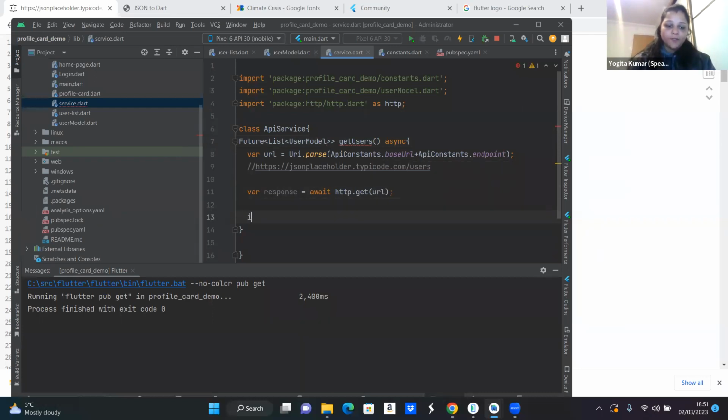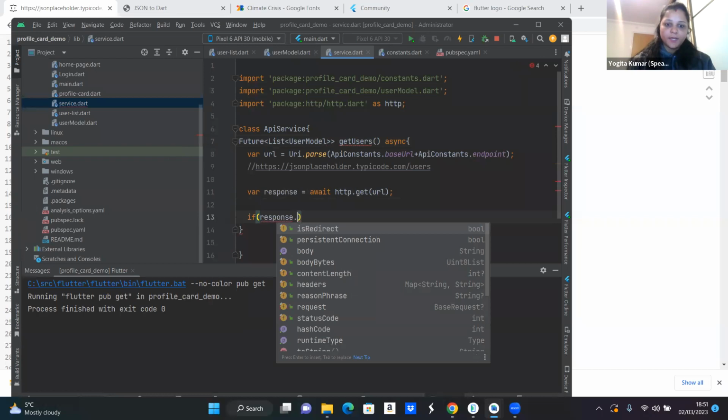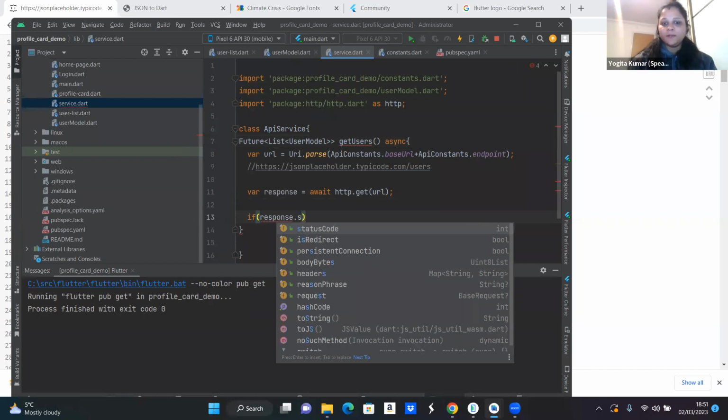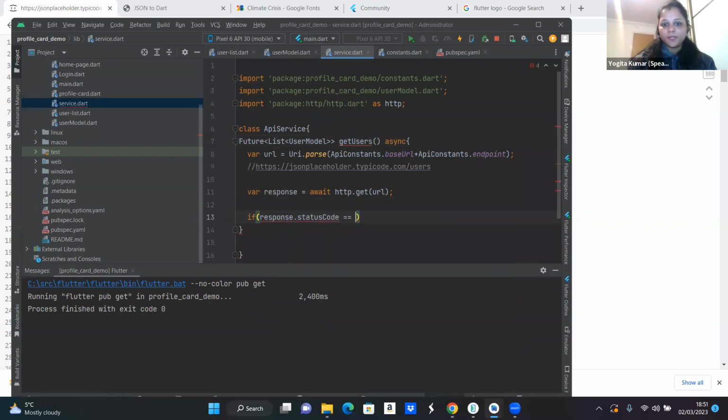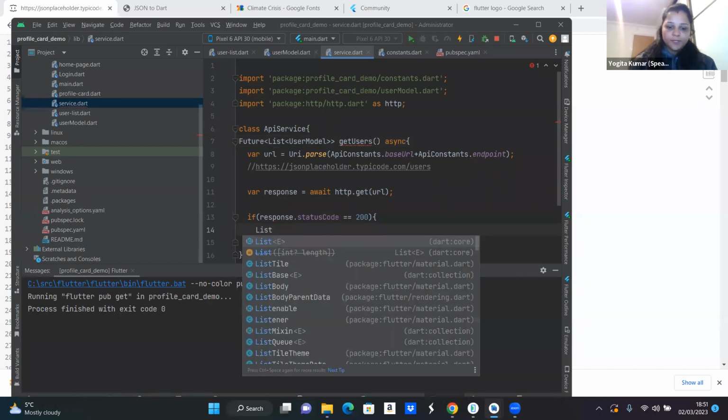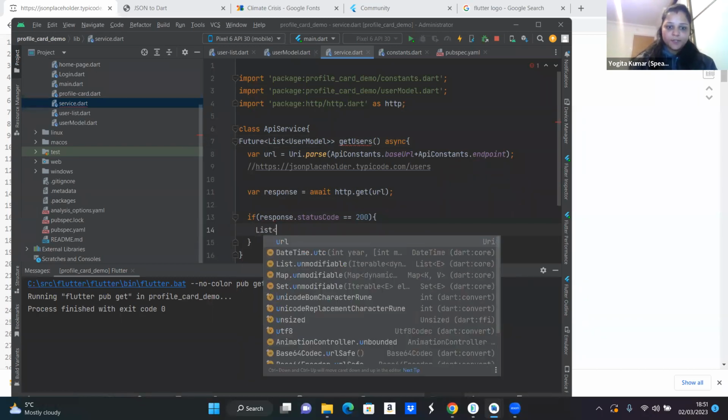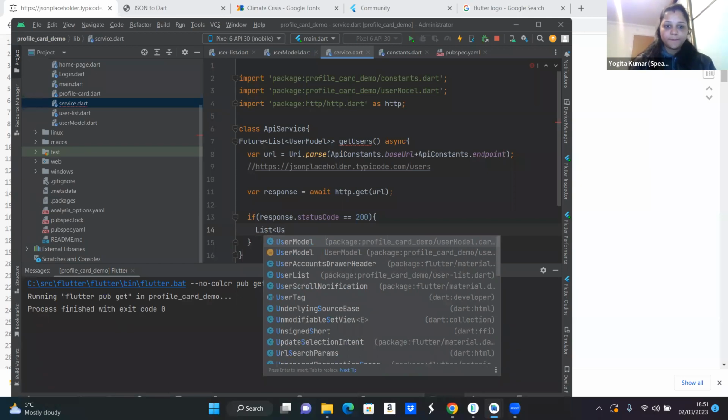So we got a response, we have to check it. This is the response in the response variable, and we get the status code in the response. If your status code equals 200, that is the standard method to check whether we get a successful response or not. So I'm checking if it is 200, then return. What I need to return? A list of user model